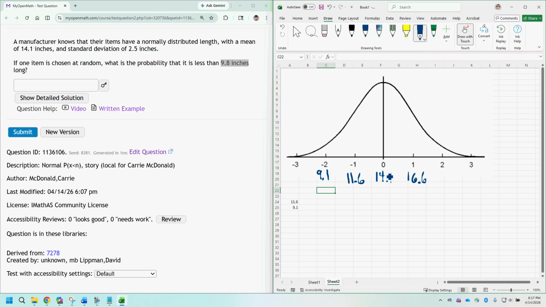Now, just to connect it back to some of the other things you would have learned in this section or prior, right before this type of question, we learned about the empirical rule, which tells us that if we know a population is approximately bell curved, then we can expect within one standard deviation of the mean, 68% of the values to fall in that range. And we also learned from the empirical rule that within 2 standard deviations,